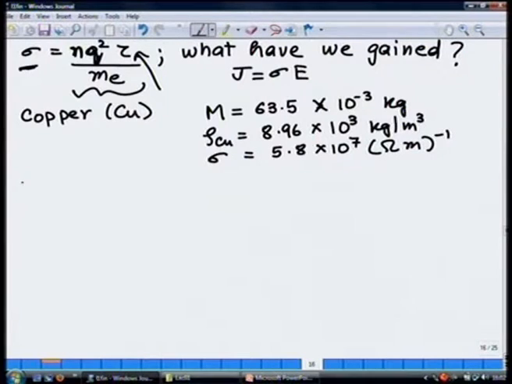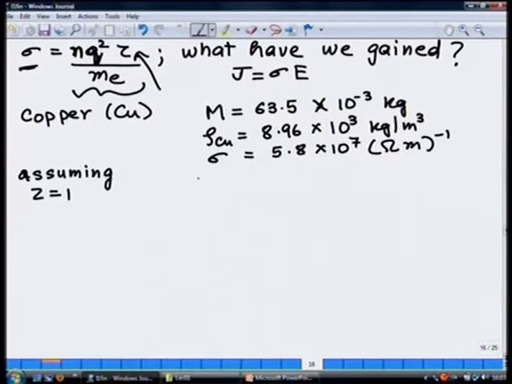So, now let us estimate, assuming Z is equal to 1. Let us assume Z in copper is equal to 1. That means 1 electron per copper atom is conducting. You could argue that no, it is not 1, it is d and s shell electrons, meaning 11 electrons, but we will see that also. But for the time being, let us assume that only 1 s shell electron is conducting in